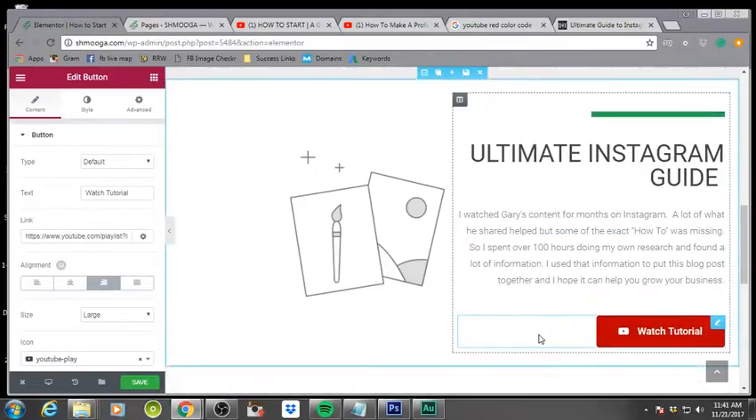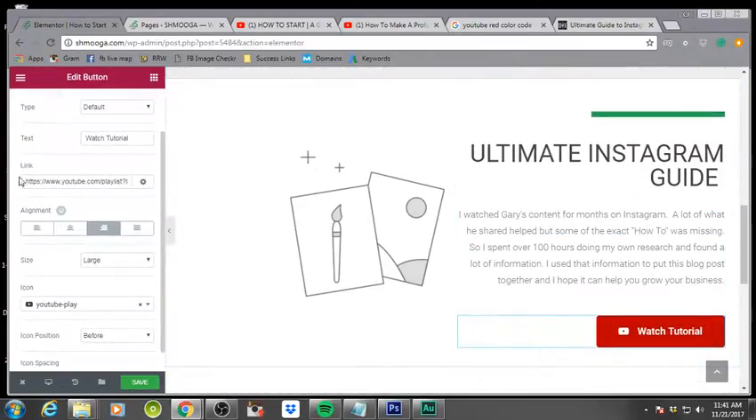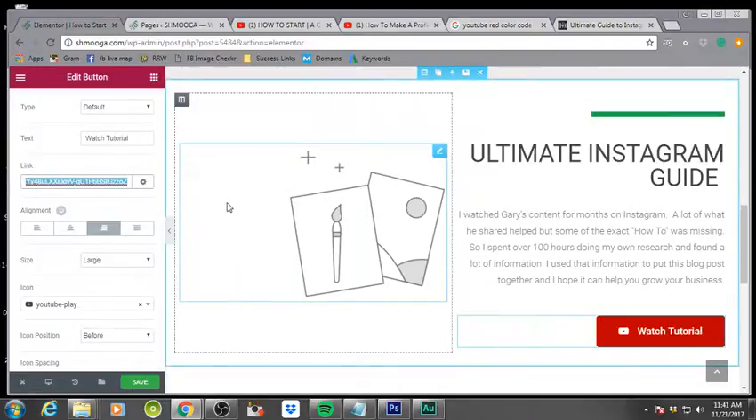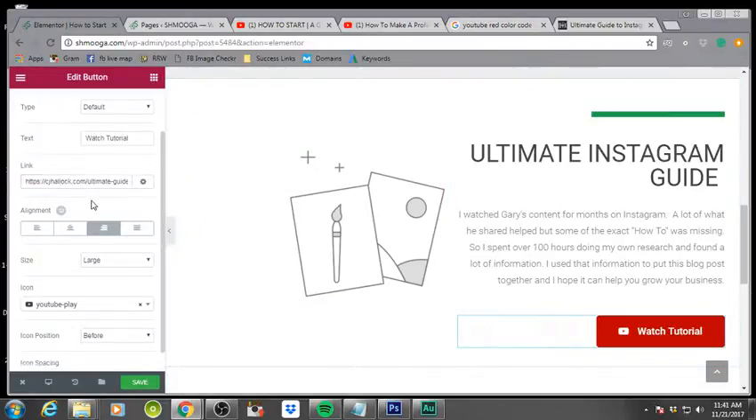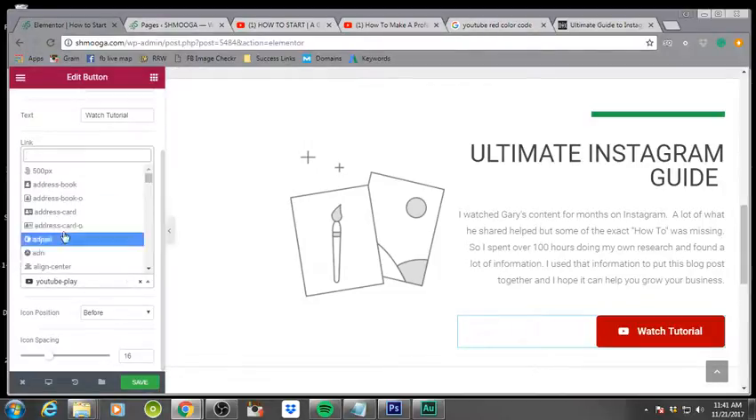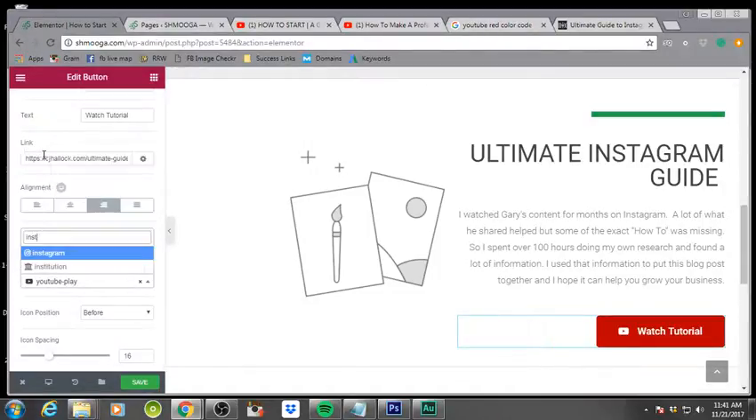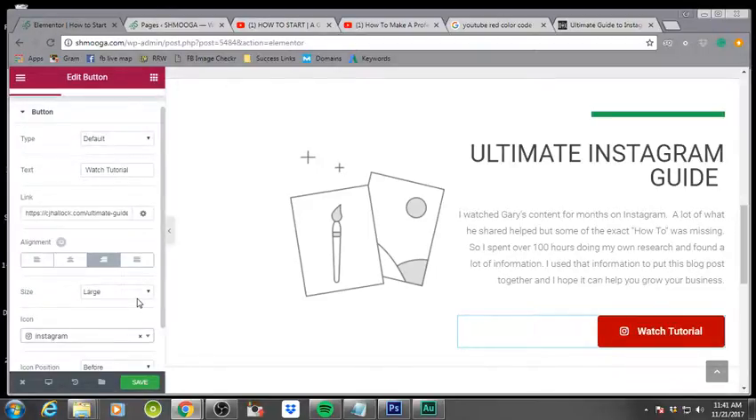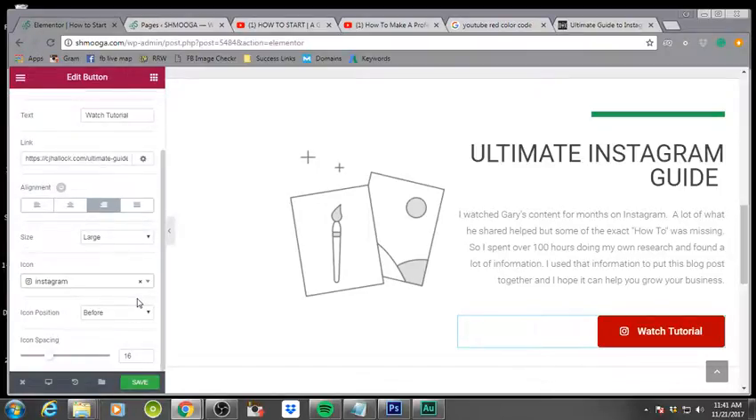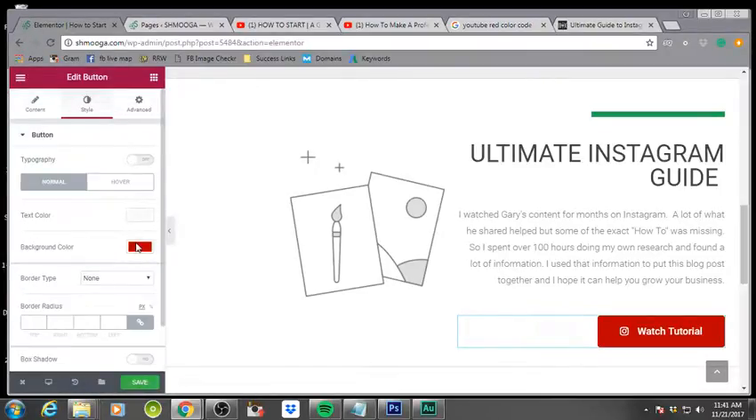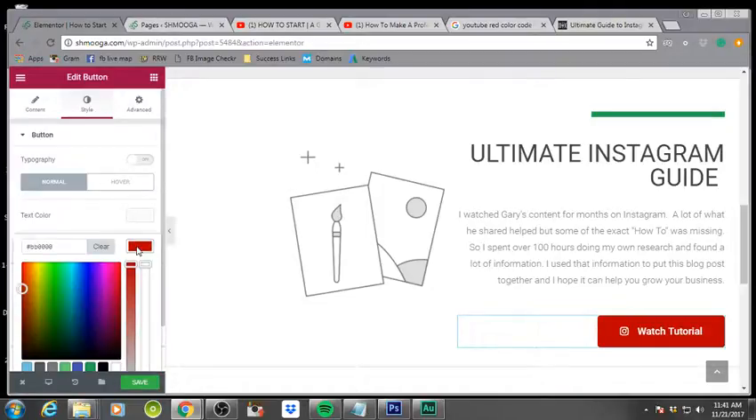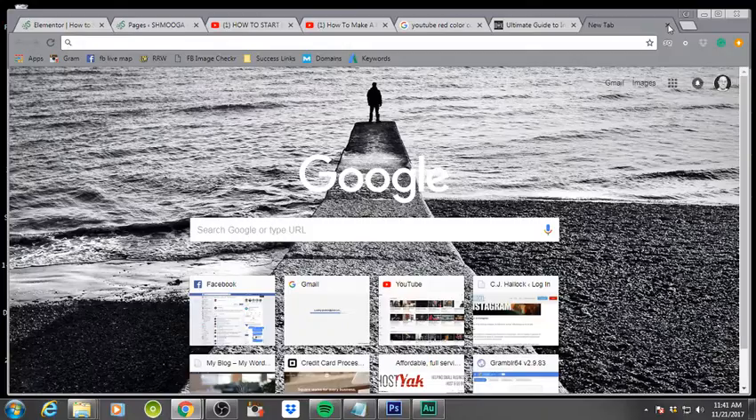and we're going to go ahead and edit this button. We're going to change the link out, paste the link in, and we're going to change the icon. We're going to search Instagram, and we're going to change the color of the button. And you can't really do the color for Instagram because it's more of a rainbow right now. So we're going to go ahead and do